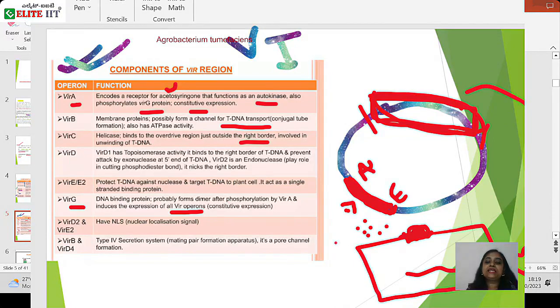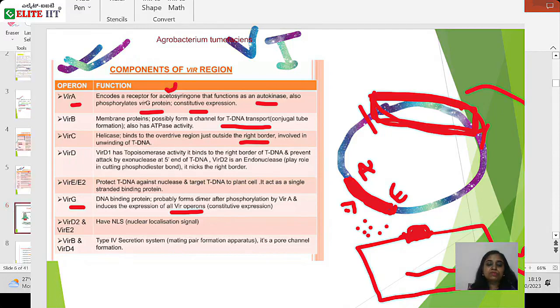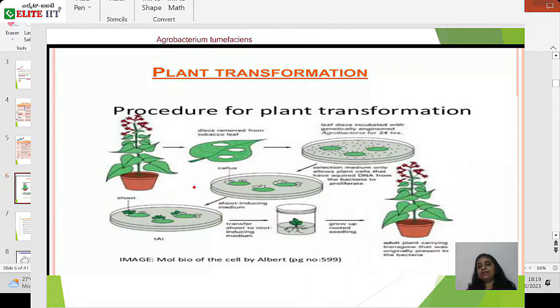So in this case, this cutting and sending to the plant cell is done by the virulence genes. Okay, so slowly you will understand what is happening. See, this is the plant transformation process. In this case, if you consider discs removed from the tobacco plant, mainly tobacco plants are used for the cloning